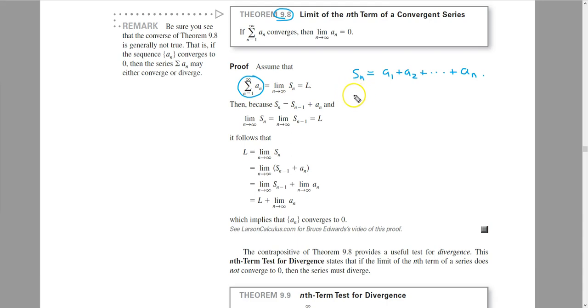Now notice that if we look at Sn minus Sn minus 1, well let's first of all notice that Sn minus 1 would be... now if we look at Sn minus 1, the only term that's going to be left over is this last one right here. And so what we get is that An equals... and now if we take a look at the limit as n goes to infinity of the An, we can write it as